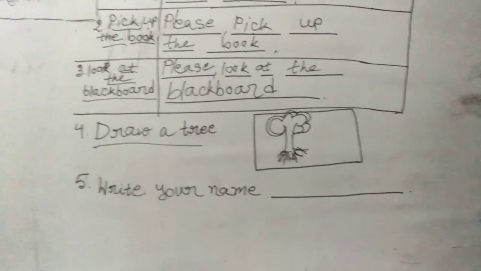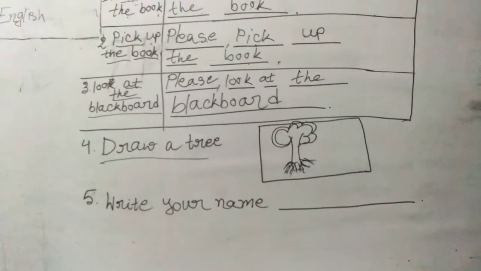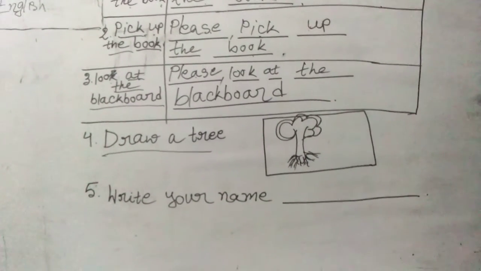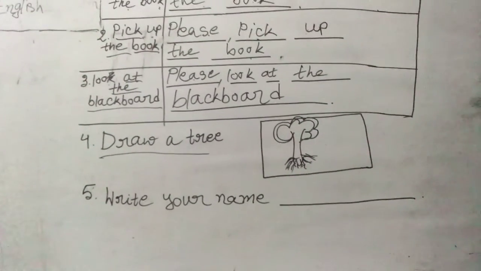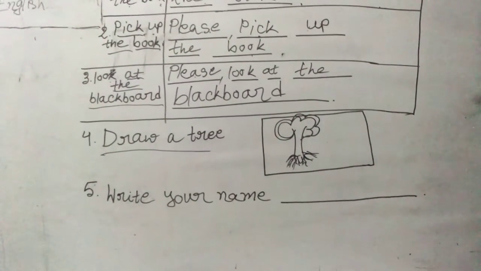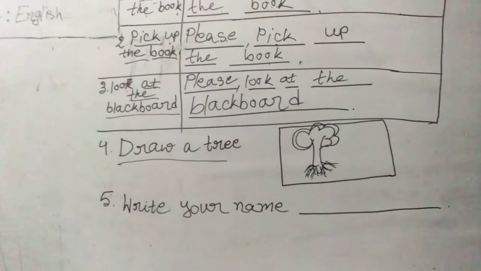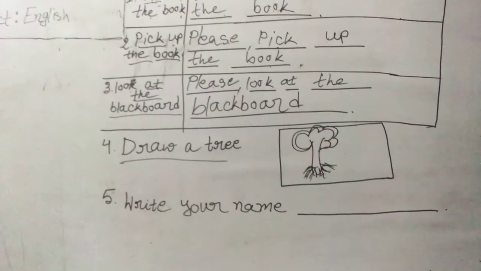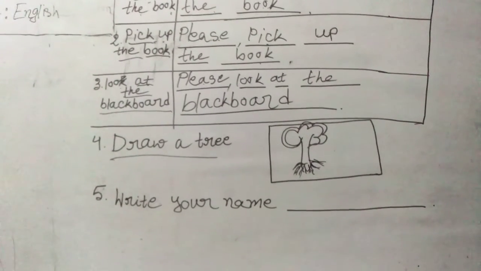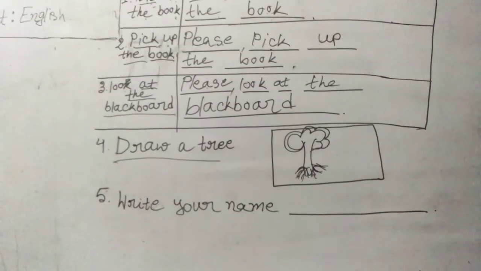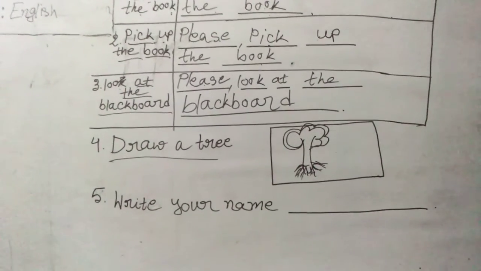If your name is Tiana Chakma, then you have to write Tiana Chakma. If your name is Iftikhar Alum, then you have to write Iftikhar Alum down here. So XYZ, whatever your name is, you have to put the name here. That means write your name. As for me, my name is Priyanka Barua, so I would write down my name. Instead of my name, I would like to ask you to write down your own name.